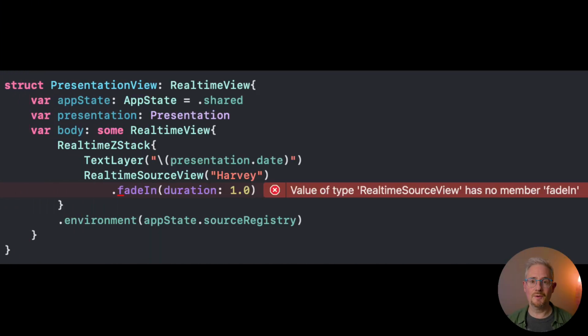RealtimeSwift will be a SwiftUI style declarative rendering engine for producing real-time video. Here's what we're trying to implement today. I want a fade-in modifier that does picture and sound. So if we have a look down here, we've got .fadeIn is what we want to be able to call,